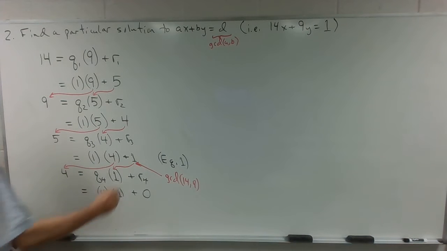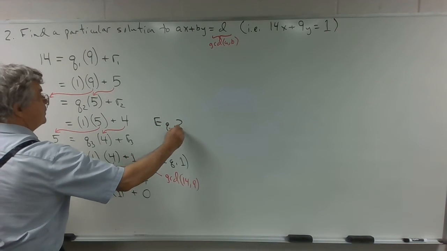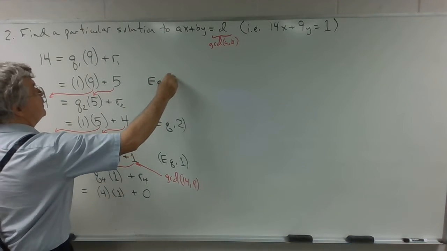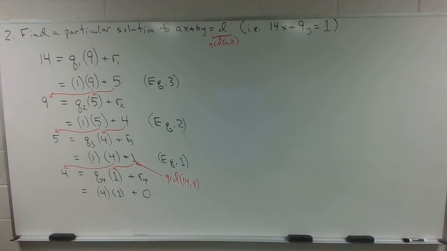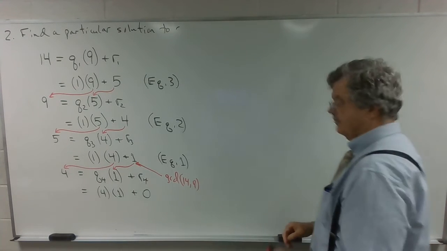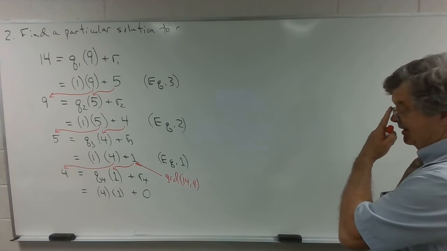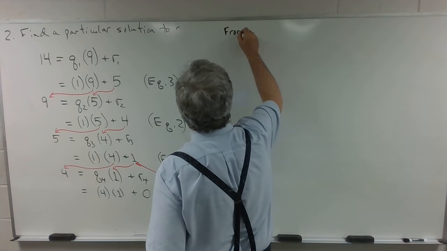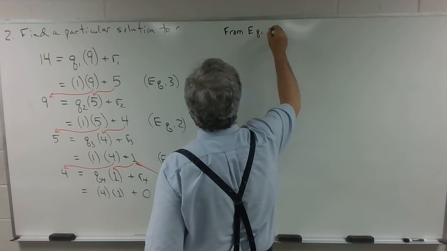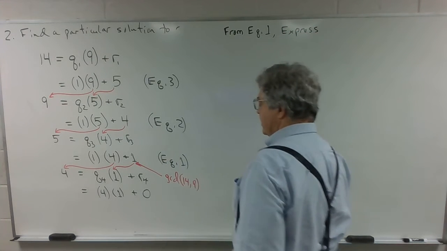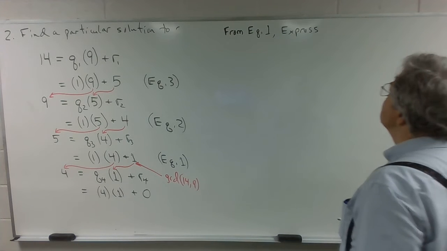Then working backwards, we'll label its predecessor equation 2, and we'll label its predecessor equation 3. So express the last non-zero remainder